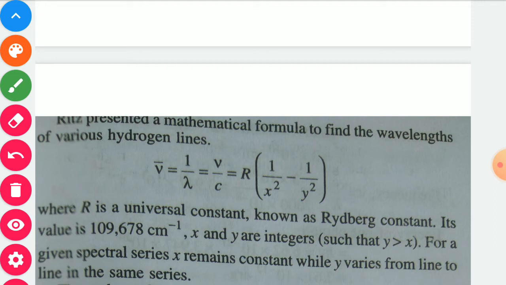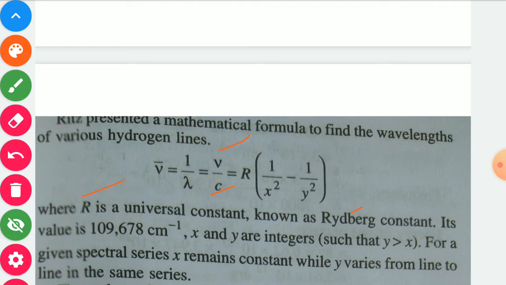Rydberg presented a mathematical formula to find the wavelength of various hydrogen lines. To find the spectrum, we may find the wave number, that is nu bar, equal to 1 upon lambda, which equals nu upon c, equal to R times (1 upon x square minus 1 upon y square). Here R is a universal constant known as the Rydberg constant, whose value is